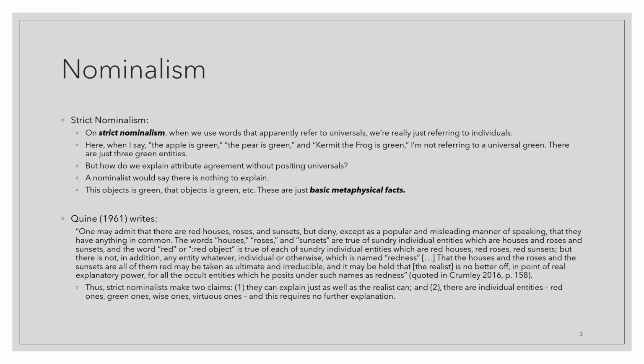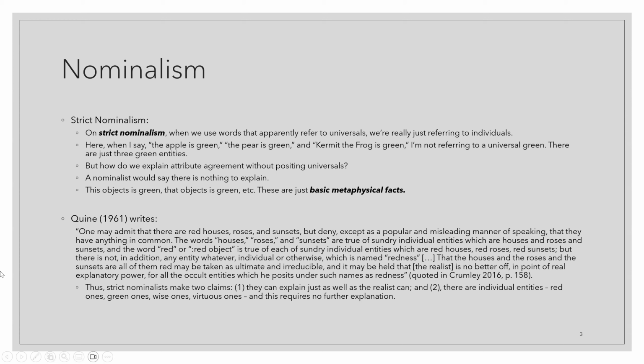But then a realist would counter by saying, well, hang on, how do we explain attribute agreement? How do we explain the fact that these three green items agree in their greenness without positing the existence of some universal, form of the green or something? A nominalist would just say that there's nothing more to explain. It's just a basic metaphysical fact that this apple is green, that pear is green, Kermit the Frog is green, and so forth. And I think Quine